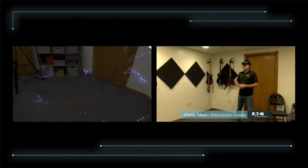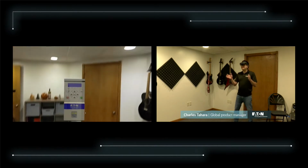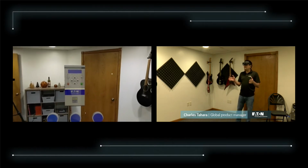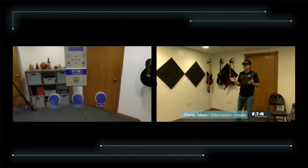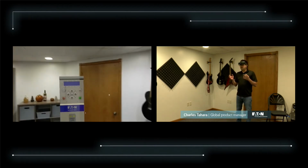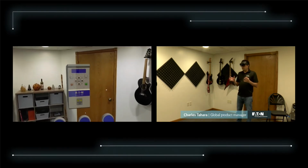All right, so up in front of me through the HoloLens eyes over here, I have our DM1 Frame 1 Pro model. So pretty excited. I want to show you guys a couple of things today. First and foremost, this is a full-fledged VFD product. It's dual rated, both constant torque and variable torque. It has built-in brake chopper, and a bunch of other features that I'm going to unpack here in just a